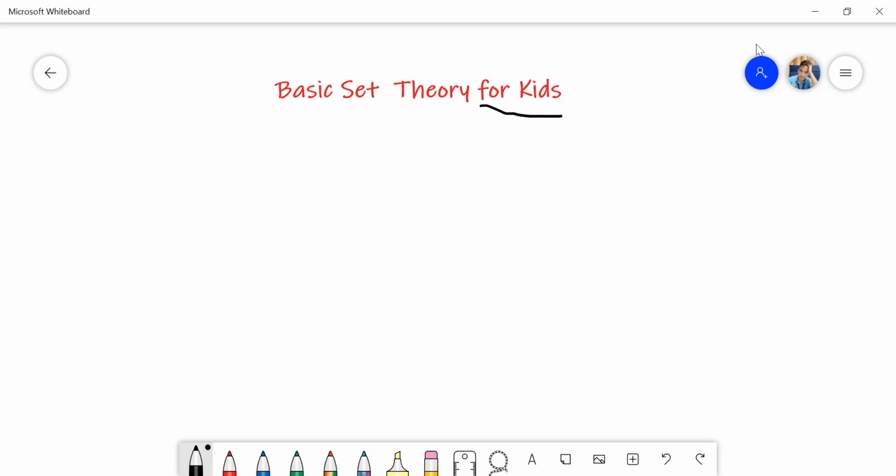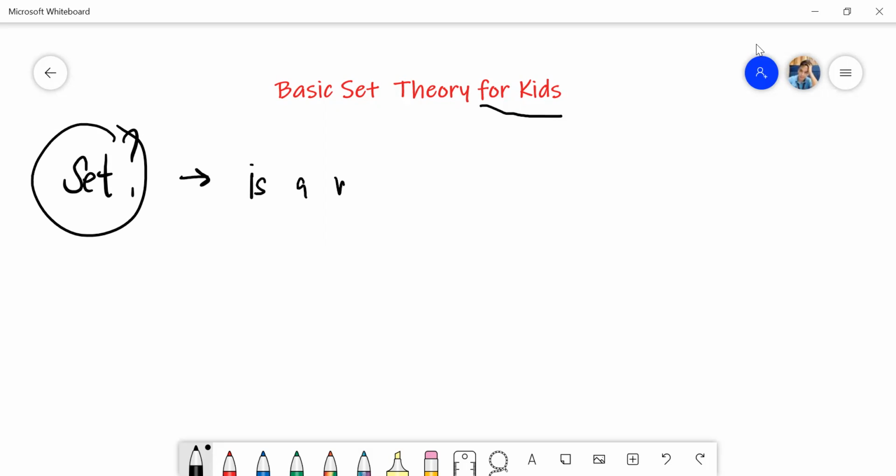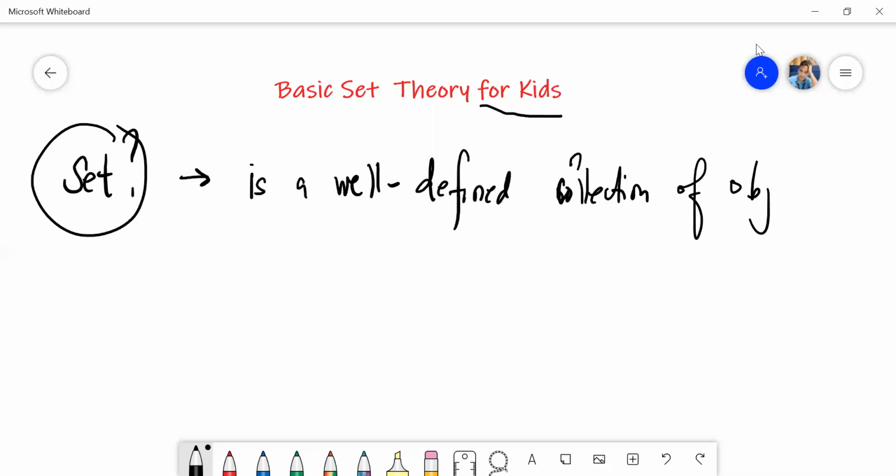So what is a set here? Well, a set is a well-defined collection of objects. So take note of the word well-defined. This is the keyword. This is not just a mere collection, but a well-defined collection. That is,